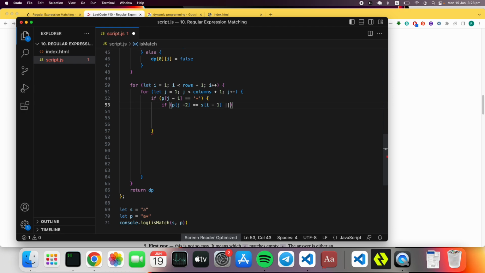Or the previous character of the pattern is a dot. A dot means a wildcard that can represent any character. Then